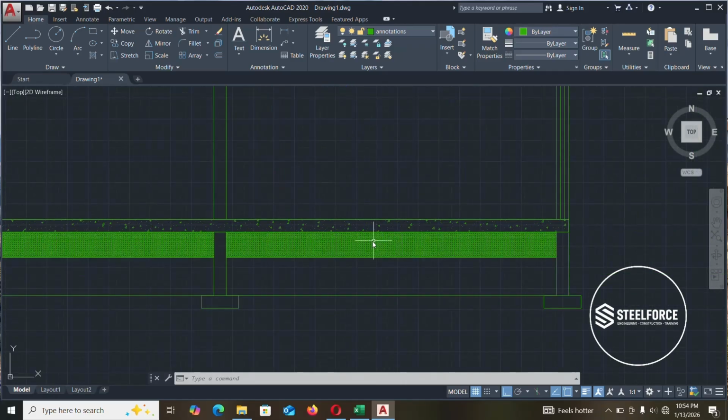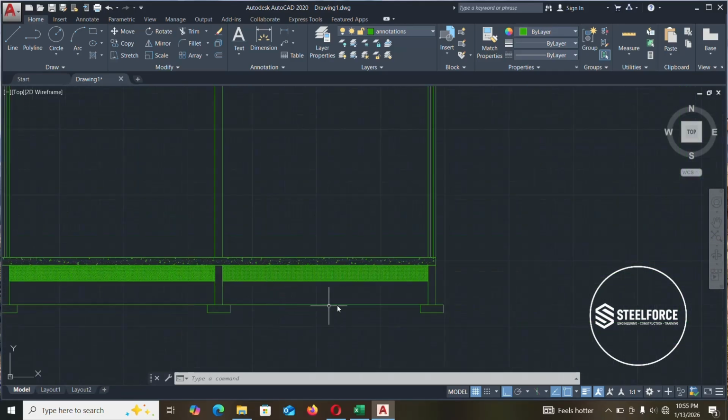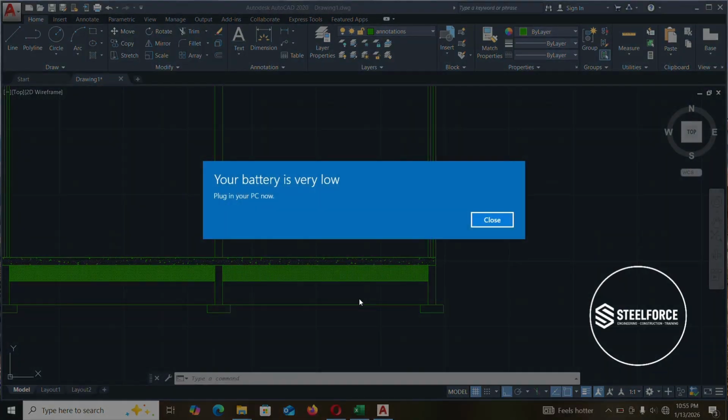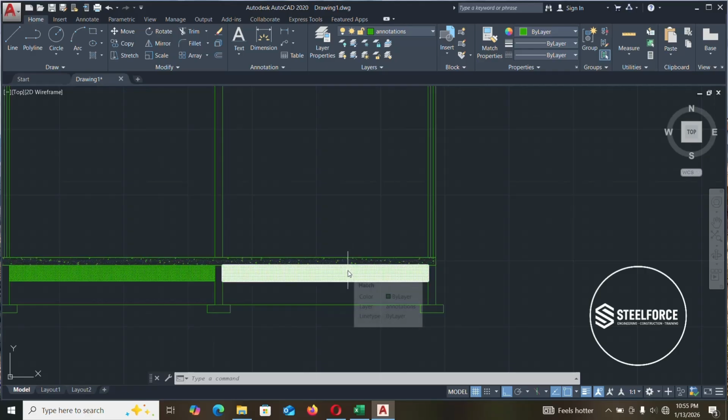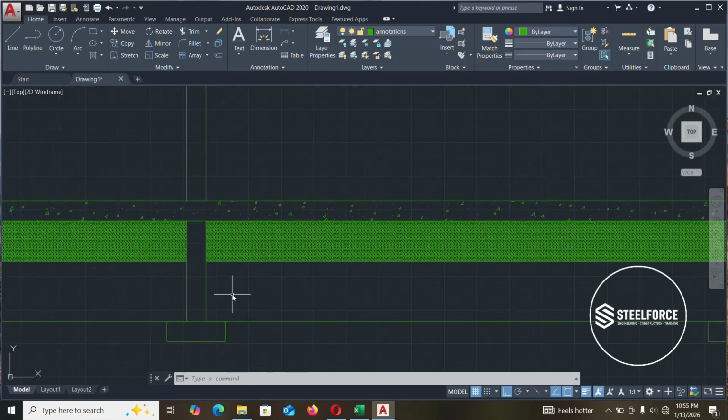But this hardcore filling doesn't do the same work. So we are going to give